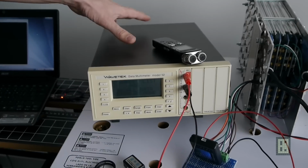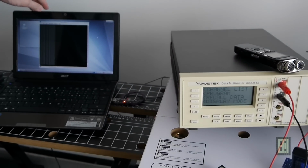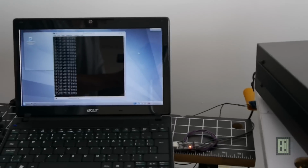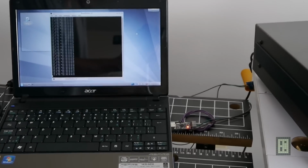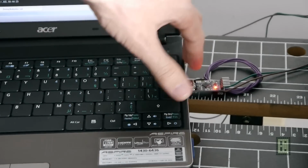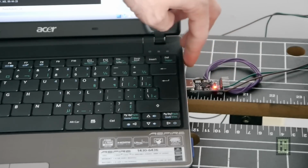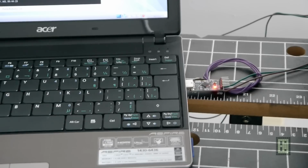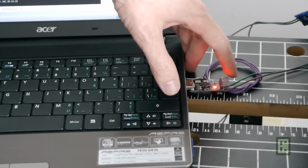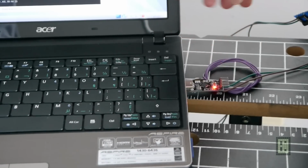And then I will use the serial port of this Wavetek to transmit the data, and I will use a laptop. Since this is a newer laptop and it doesn't have an RS232 port, it only has USB, I got a USB to RS232 adapter, and I will have this connected to the laptop and to the RS232 port on the Wavetek. Of course, this is a TTL RS232, so 0 to 5 volt or 0 to 3.3 volt, and I needed to invert the signal from the